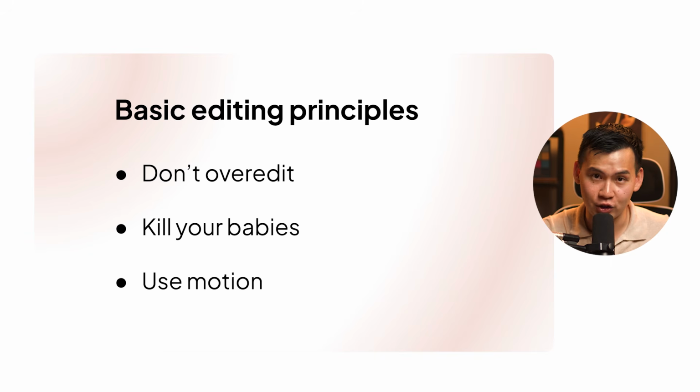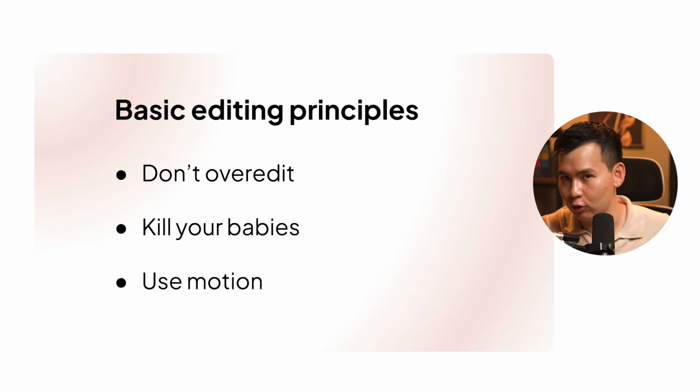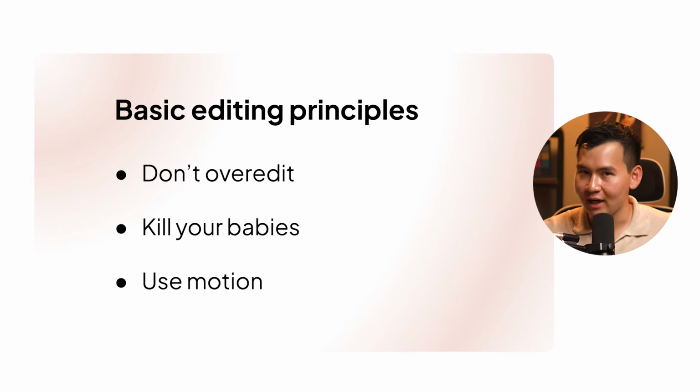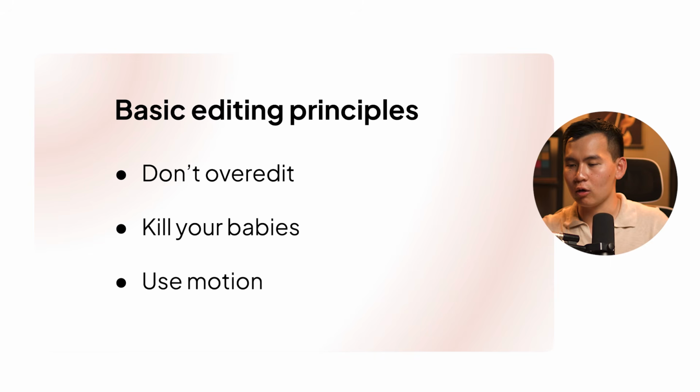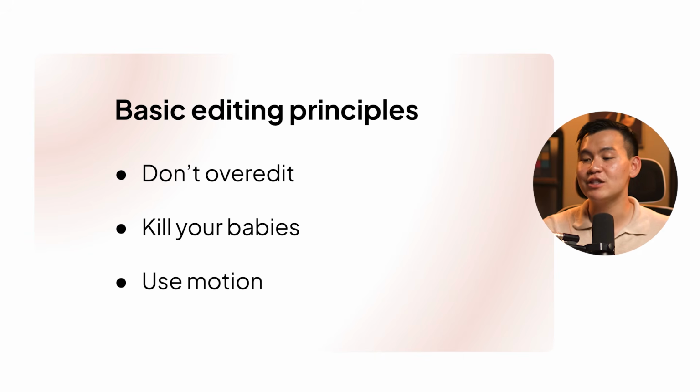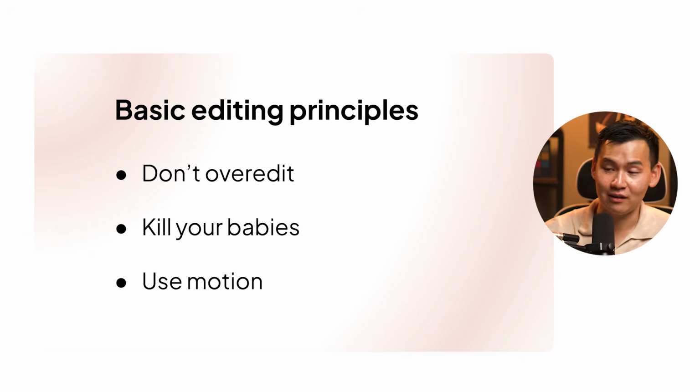And number 3 is to use motion, right? There's a fine line between motion and too much motion. If you have too much happening on screen, it's going to be very difficult to follow. But if you have just the right amount of motion, it keeps the viewer moving forward. It keeps the story moving forward, and there are a lot of changes being made, and it captivates the viewer. It's about finding that fine line between overly edited and not edited enough. So every section should make the viewers feel something, whether it's love, angry, sad, it has to make the viewer feel something.